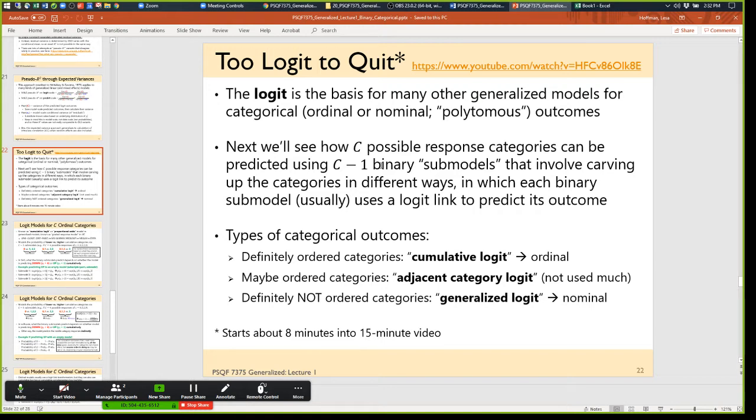If you have categories that are ordinal, but you're not thinking of them that way. So like in our example, there's 3 choices about whether or not you're going to apply,